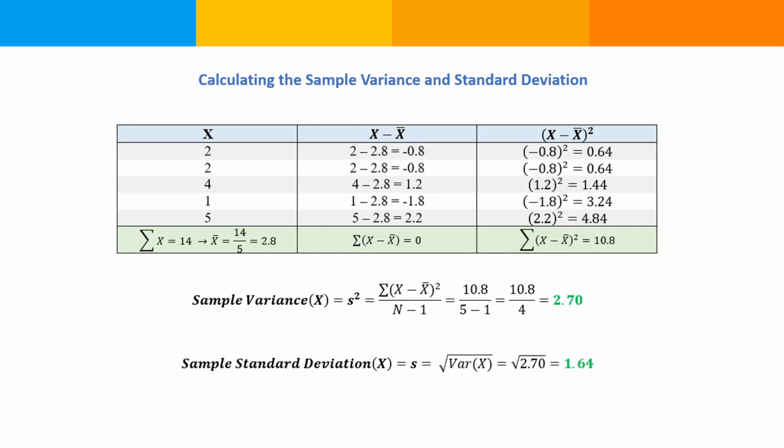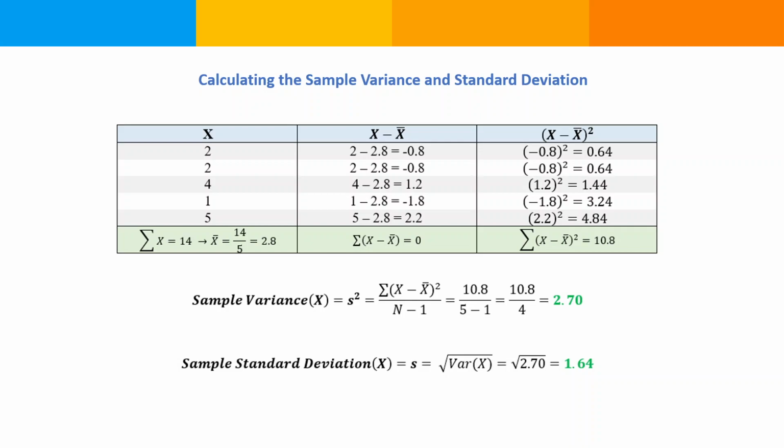So instead, we square the deviations. We just take each deviation that we calculated here, and then we square it, because when you square a negative number, you get a positive number. So now all of our values, our squared deviations, are positive. And then we add them up. So that's why we use squared deviations. If we didn't do that, then the above average data points and the below average data points would give us positive and negative deviations, and those would cancel out when we go to add them up. And so when we add up the squared deviations instead, that works out to 10.8 in this example,